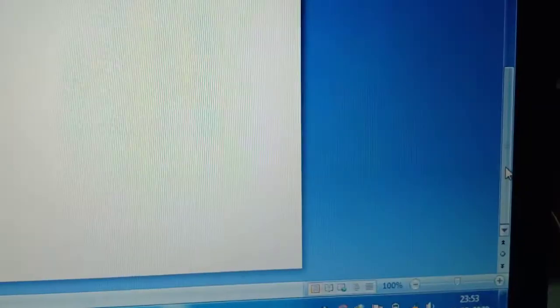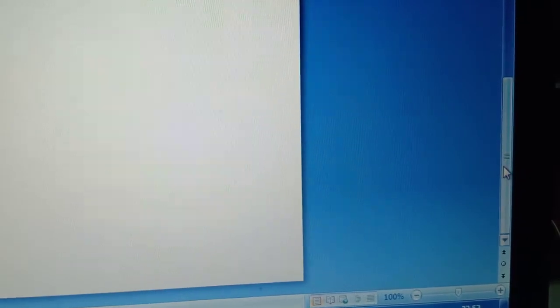Then see, there are two scroll bars present here. This one is a scroll bar to move the page up and down. This one is the scroll bar to move the page right and left.